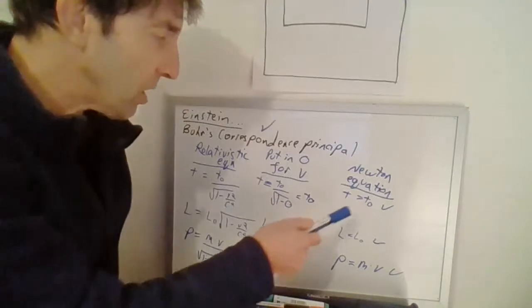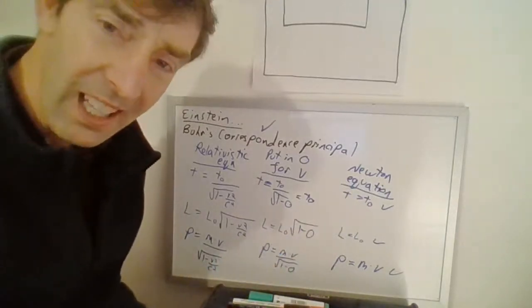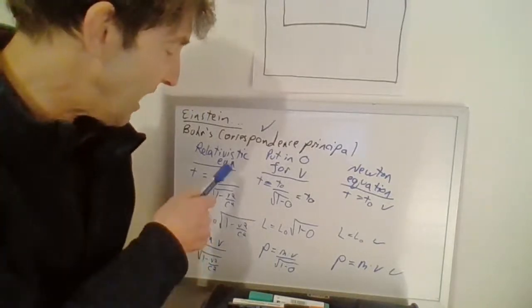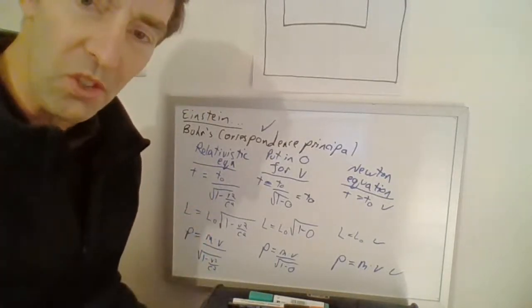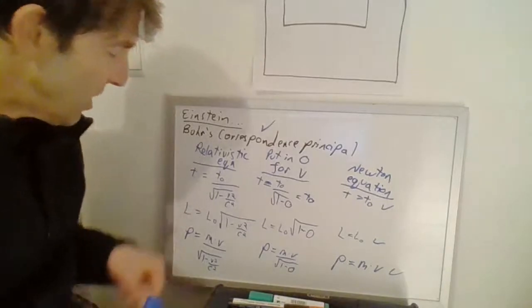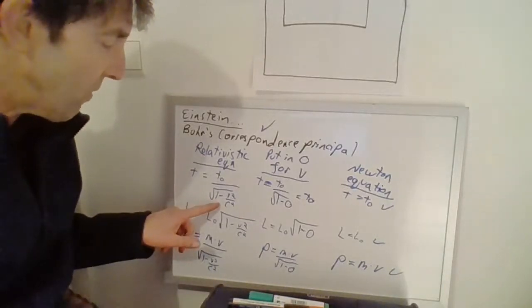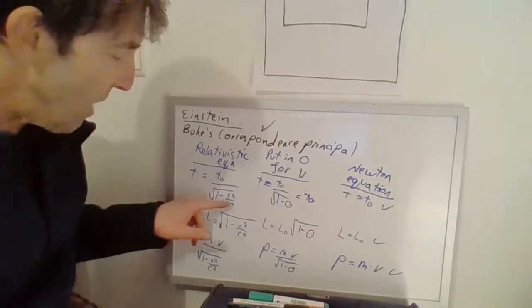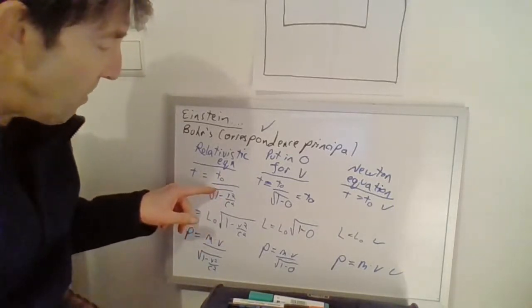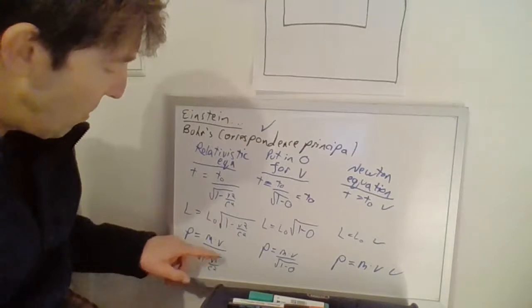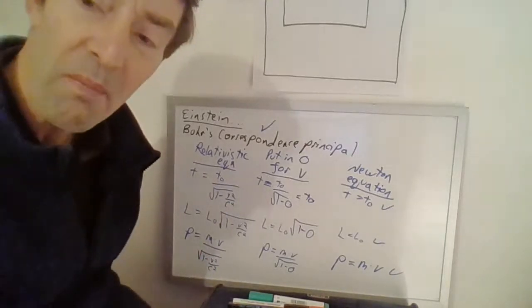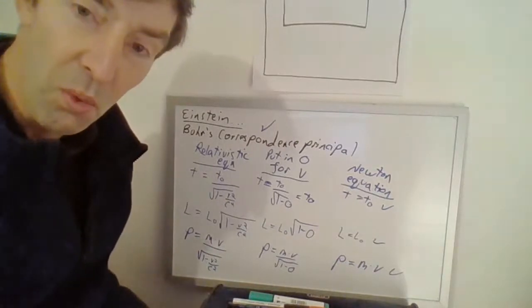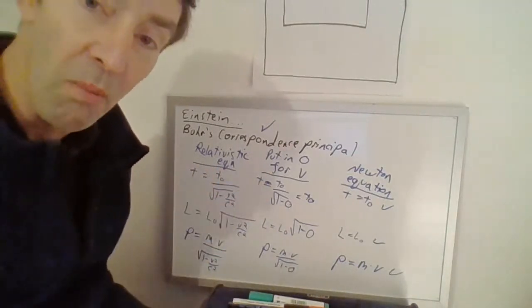So these work if the velocity is 0, Ellie, or really close to 0. Then essentially in Einstein's relativistic equations, this little square root of 1 minus v squared over c squared is a correction. So the correction ends up being 1 whenever the velocity is 0 or close to 0. And then we enter a Newton world, which is the world we really know most of the time.